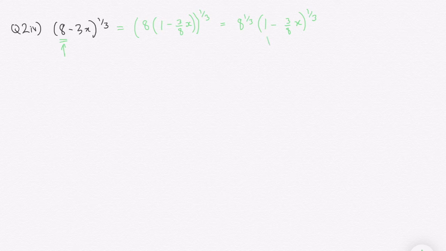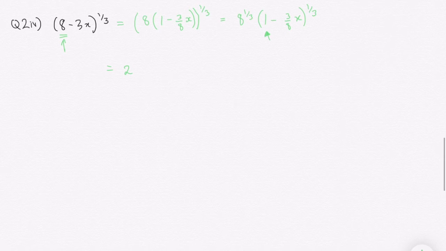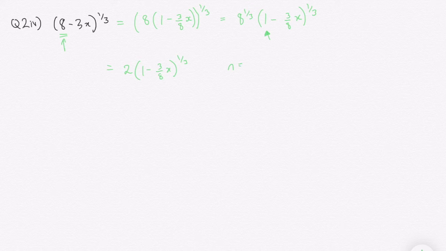And now we have a 1 here, so this is something we can use our binomial theorem to expand. Well, an eighth to the third is just 2, because it's the cube root of 8. So this is 2 lots of 1 minus 3/8 of x to the third. So using binomial expansion with n equals a third, and negative 3/8 of x in the place of x, we have 2 lots of